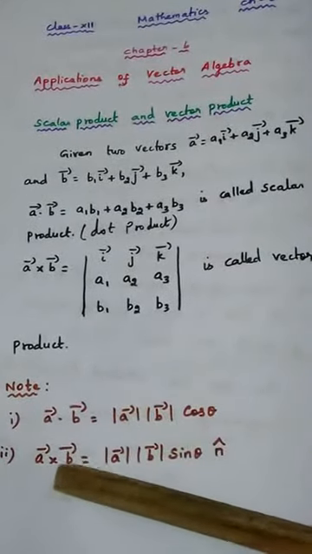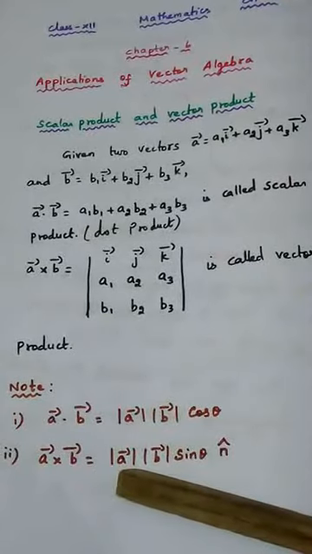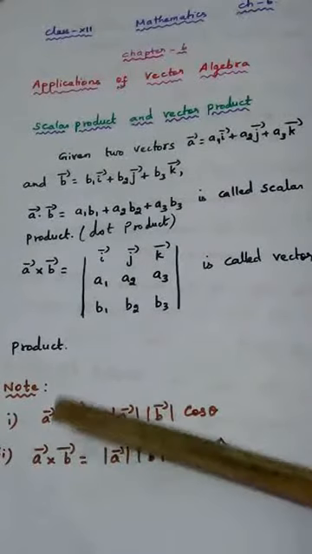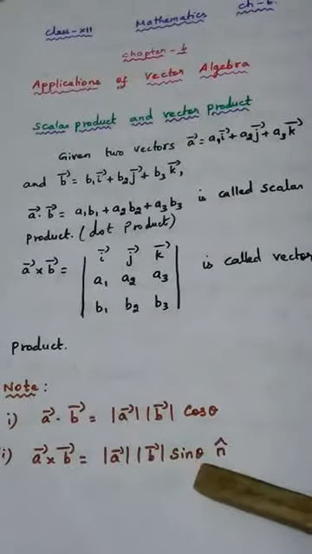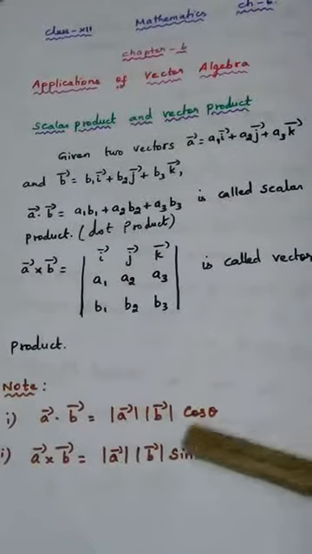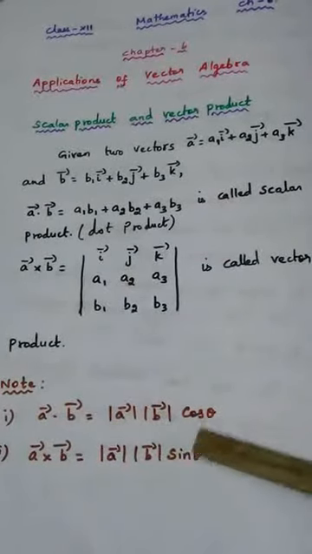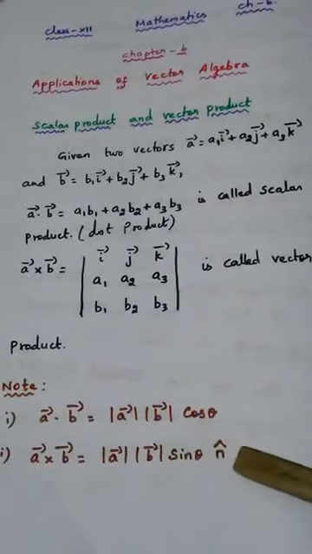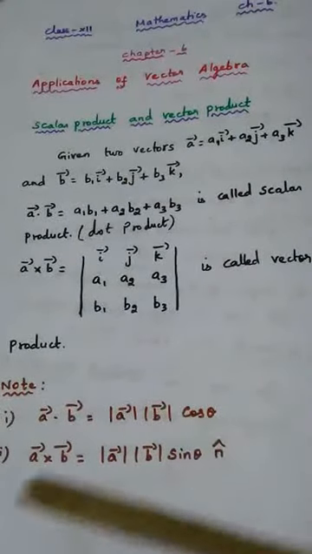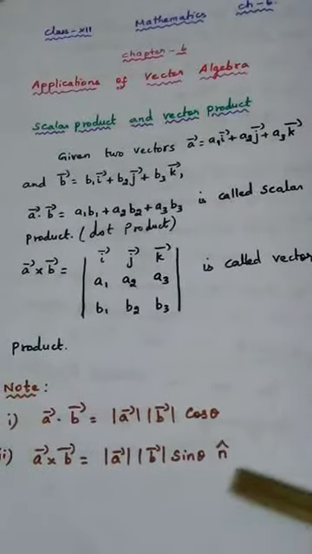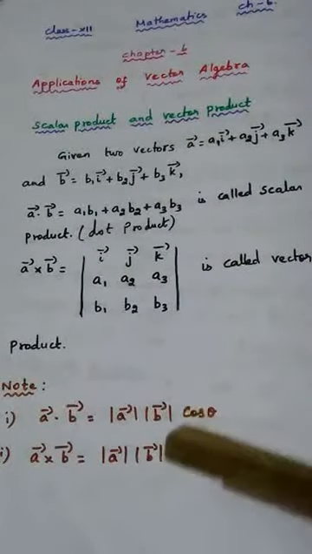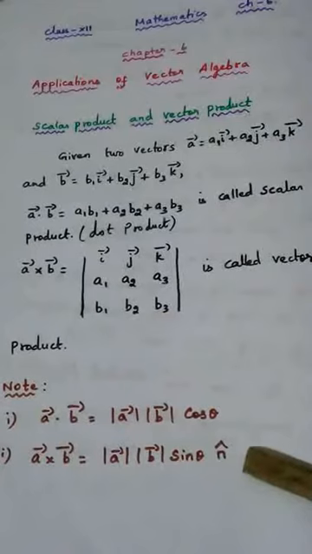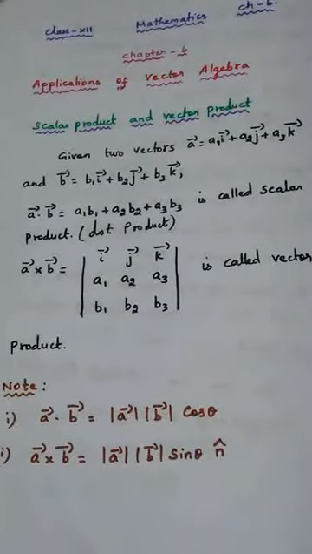Similarly, the formula for A vector cross B vector is given by modulus A vector, modulus B vector, sin theta, n cap. Here it is cos theta. Dot product means cos theta. Cross product means sin theta into n cap. What is this n cap? n cap is a unit vector perpendicular to both A vector and B vector. Again, this is the formula we know already. So just we are recollecting all the formulas that we already know. So this is the A dot B formula, this is the A cross B formula. We will see a few more points now.